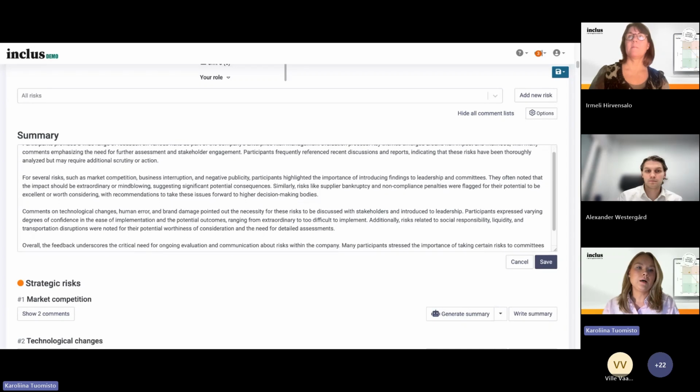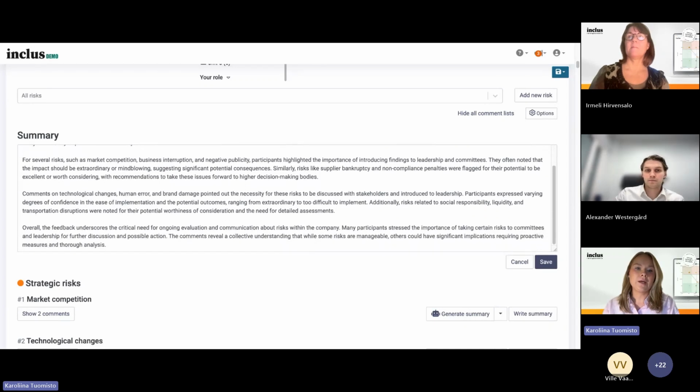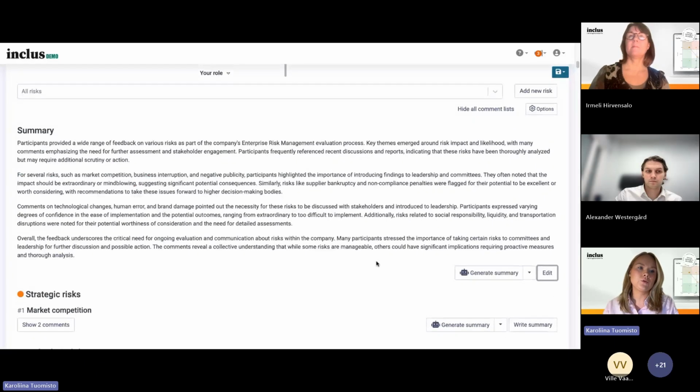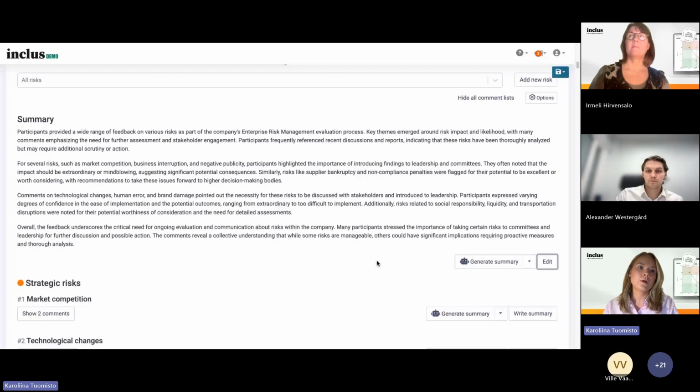And of course, you can then after that edit the summary and make your own additions and so on. And after that, you can just save the summary and use it as a part of your reporting.